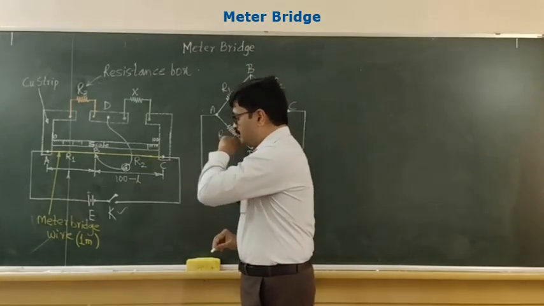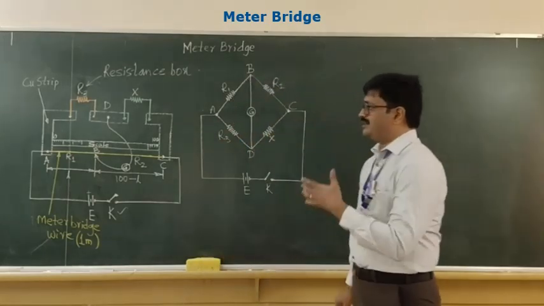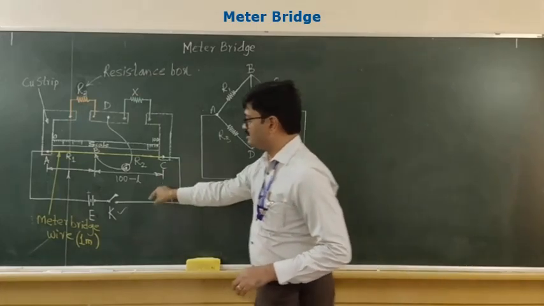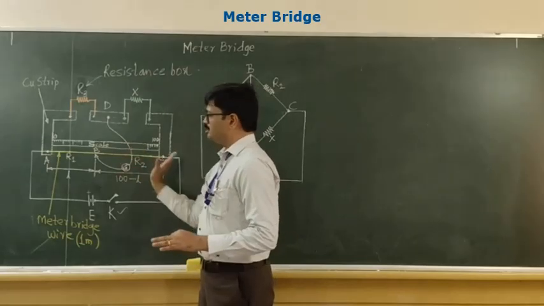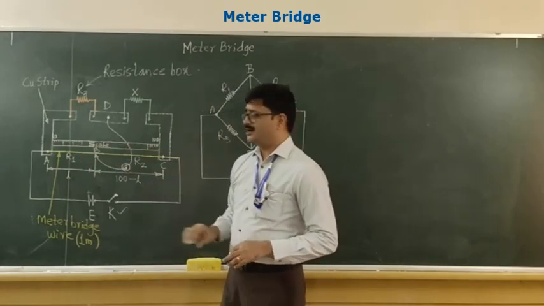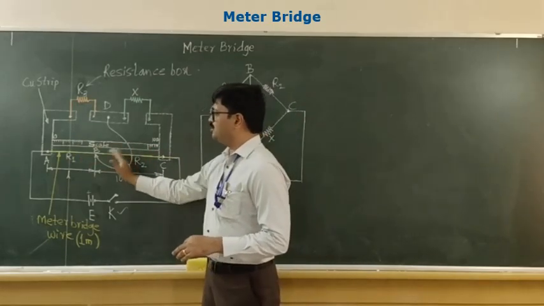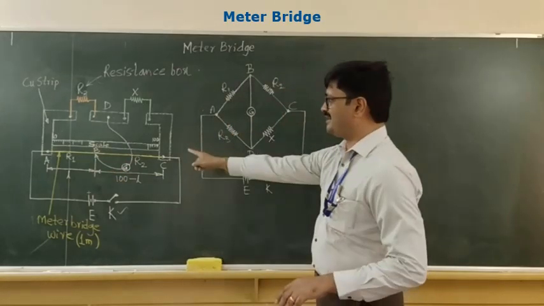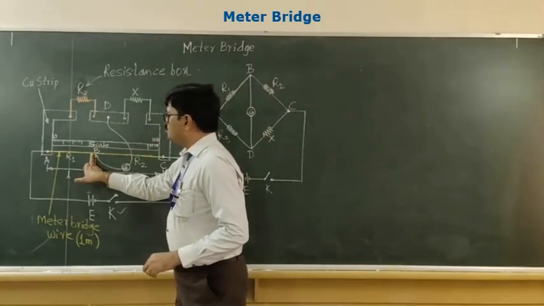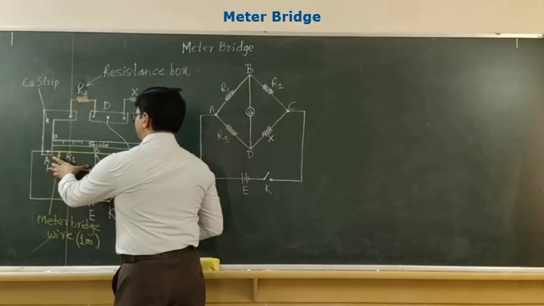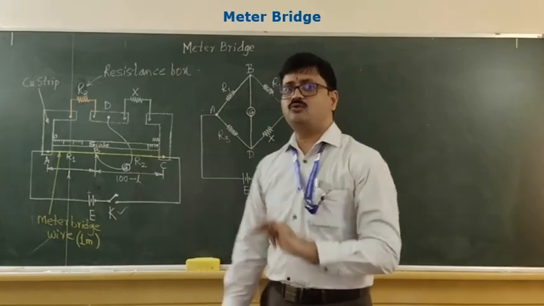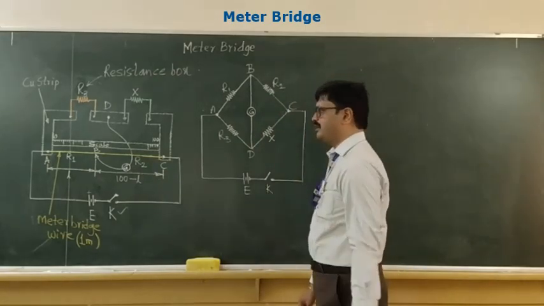Okay, fine. Now let us take a look at the mathematical computation. Now what we have done, I hope you have understood. Firstly the key is closed, current flows, and the galvanometer shows the deflection. I'll move the jockey over the meter bridge wire till the galvanometer shows zero deflection. Then I can say the bridge is balanced. When the bridge is balanced, I'll stop the jockey there and measure lengths AB and BC, and I treat AB and BC as two distinct wires. This is what we are having right now.